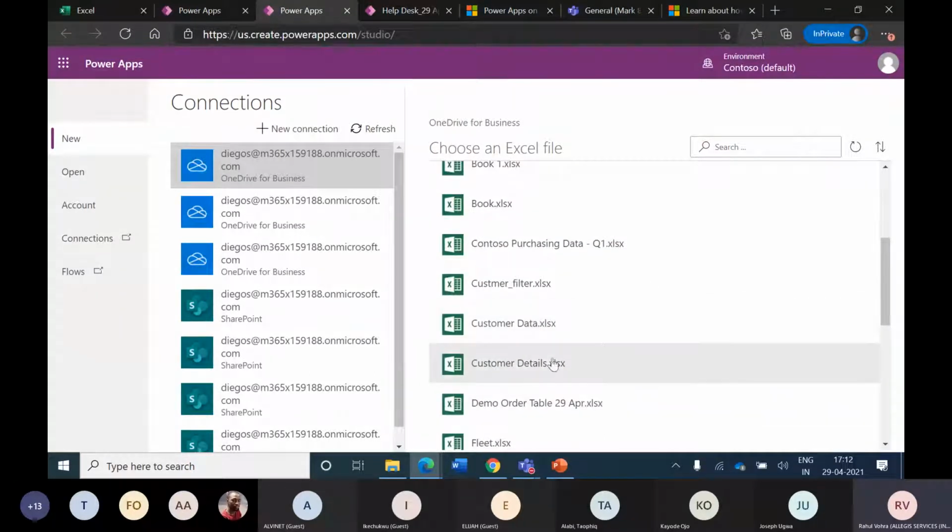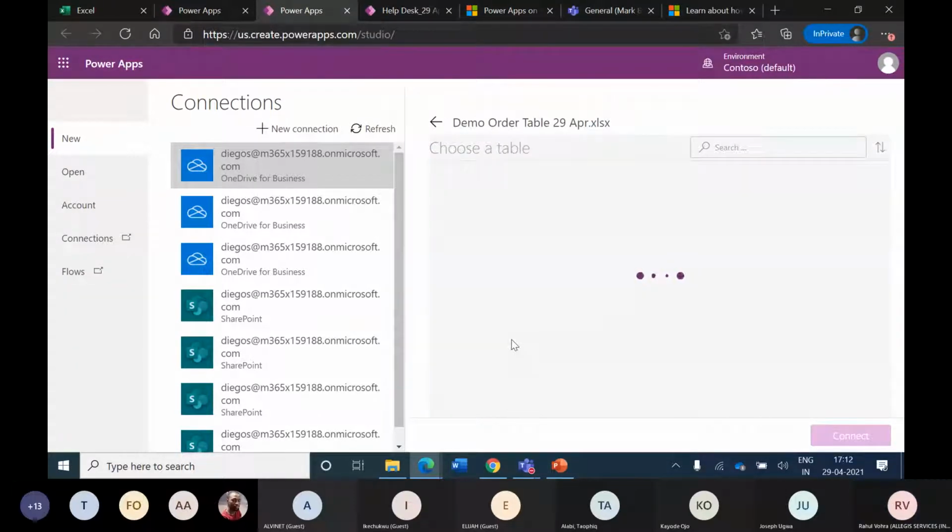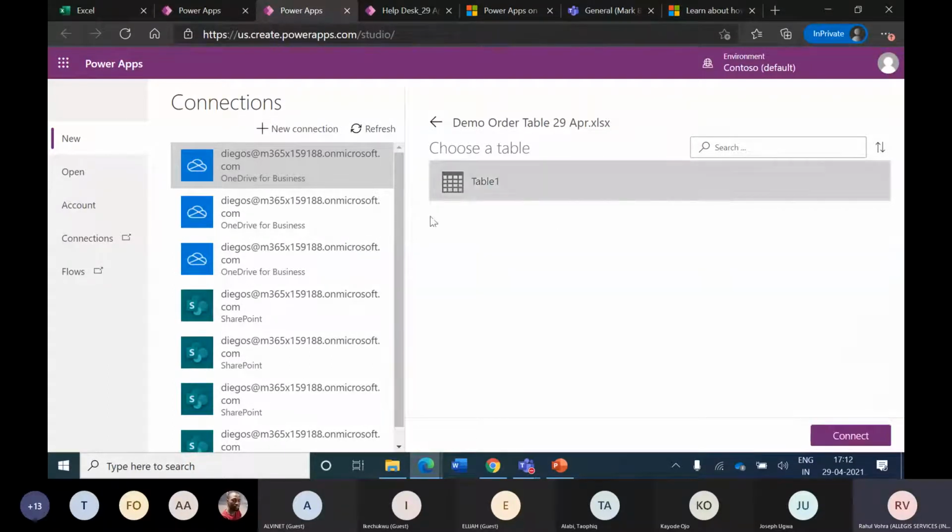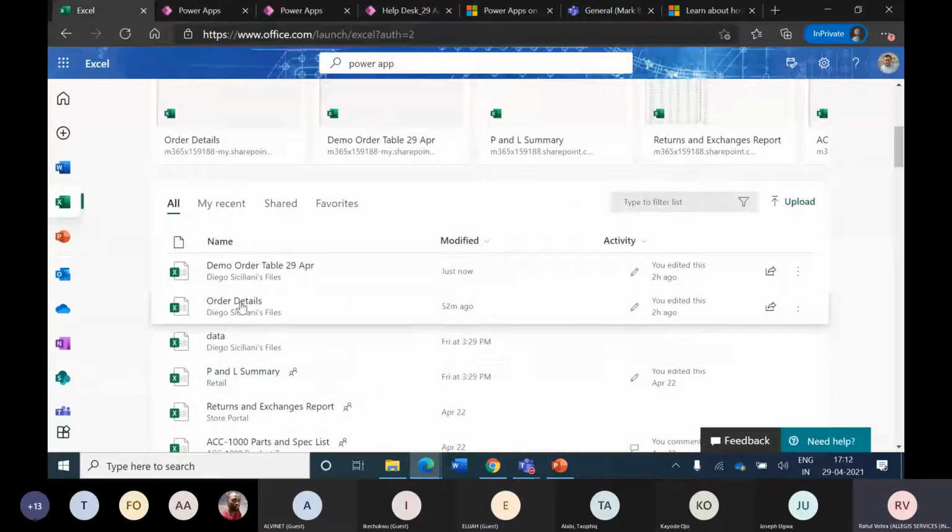So what I'm going to do here is I am selecting, say, demo order table 29th April. Within that, the table which I have, just to give you an idea, this is the demo order table here.